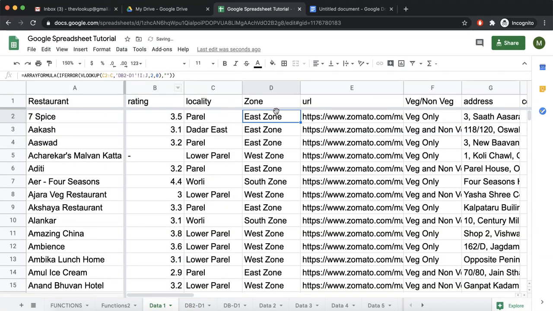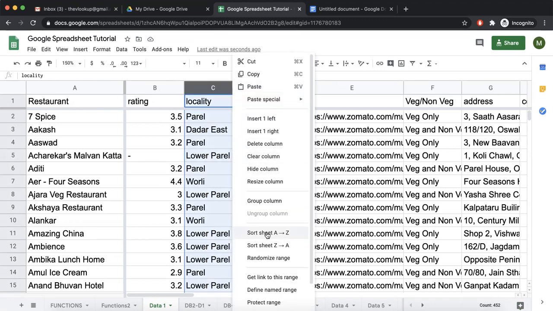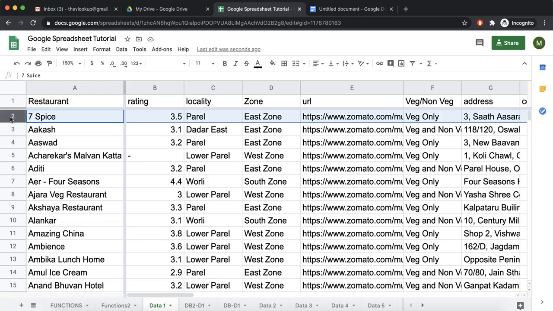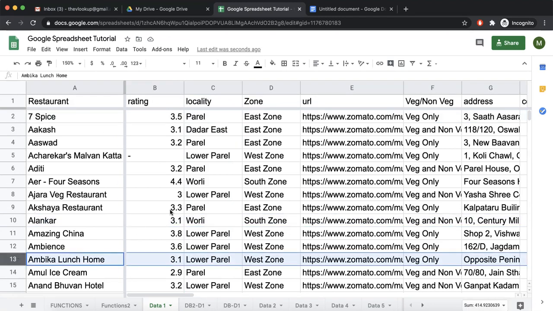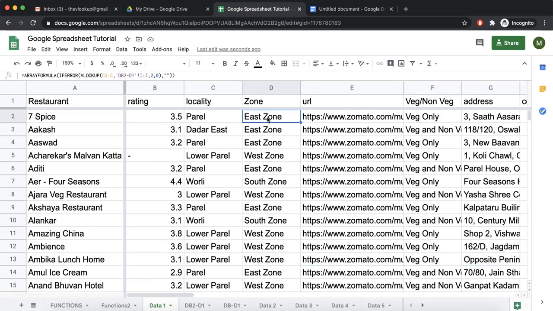Now we have a zone printed over here. What will happen is, if I sort this by A to Z, this entire row will go somewhere else. Maybe it comes here, maybe it comes here. Since this cell is having the function, this particular cell will also reach this place. Now array formula is starting from here. So this entire thing will remain blank because there is no function over here. Let us try and do that actually.